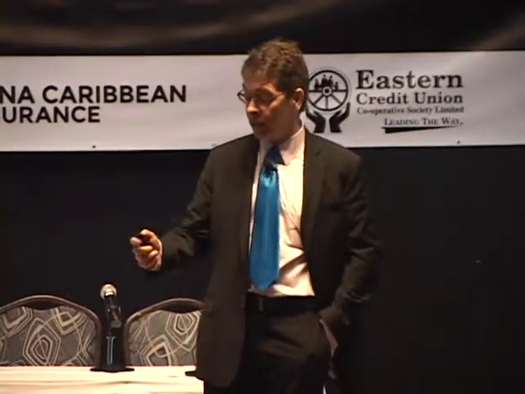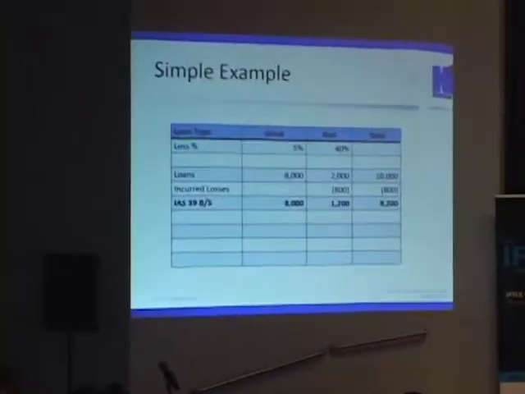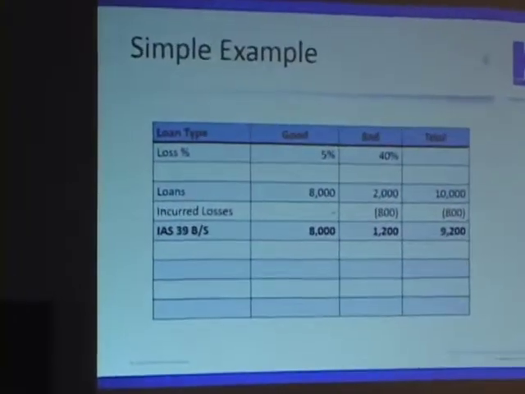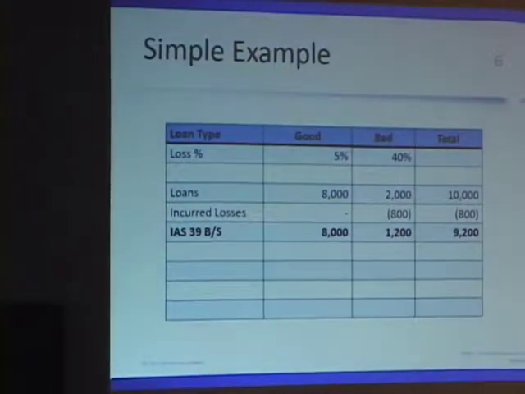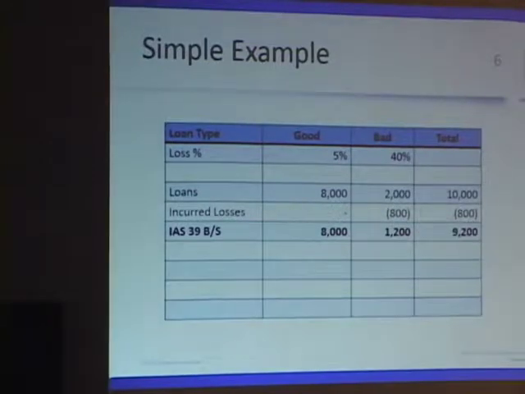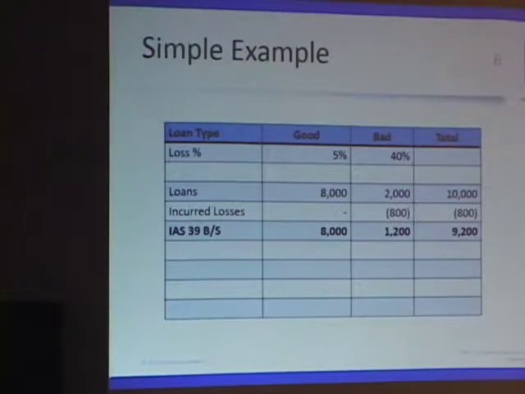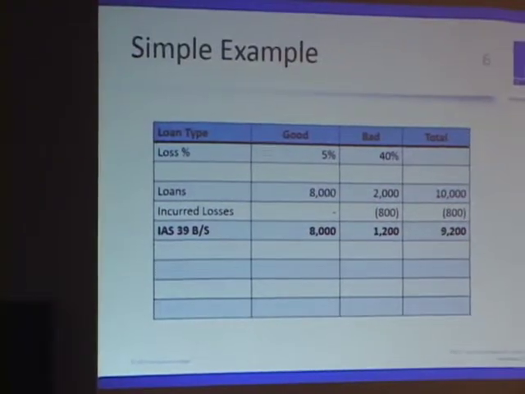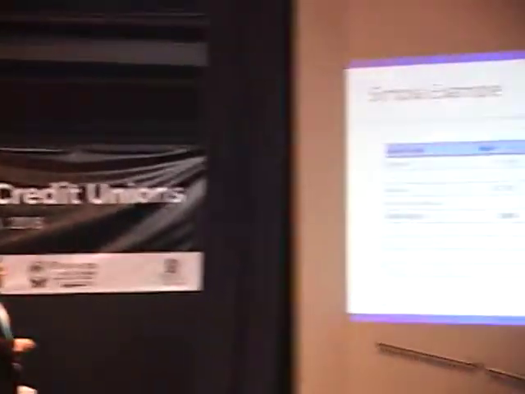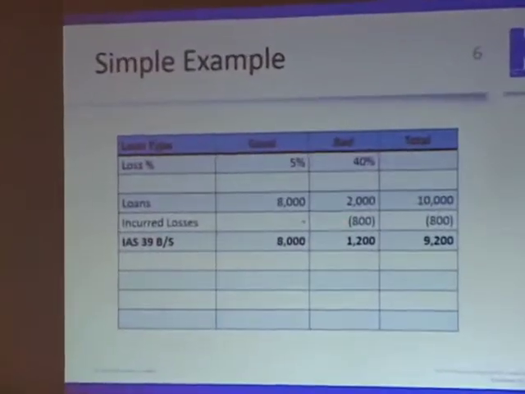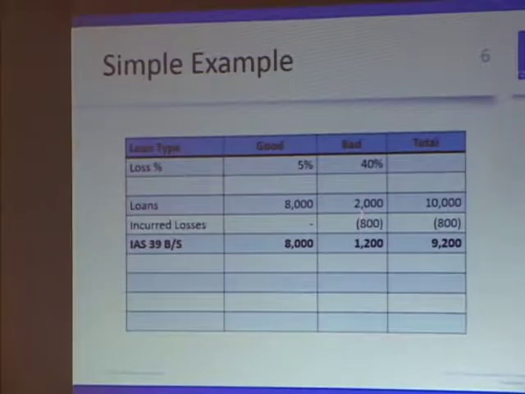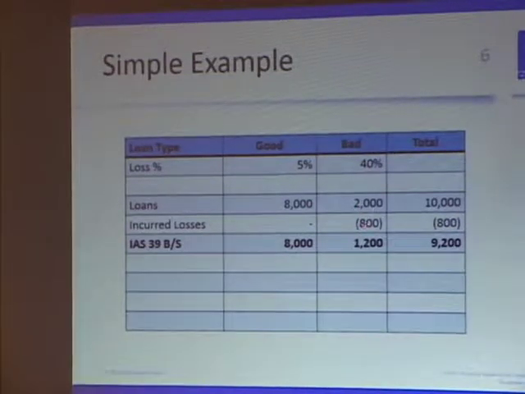This is what my balance sheet looks like right now. Remember, I have 8,000 good loans and 2,000 bad loans. For my bad loans, I know I'm going to lose 40% of the money, so I set up a provision. This is my net balance sheet on our current model: I don't set up a provision for the loans that are still good. For the bad loans, I set up a provision, because I'm going to lose 40% of my money. 40% of 2,800.